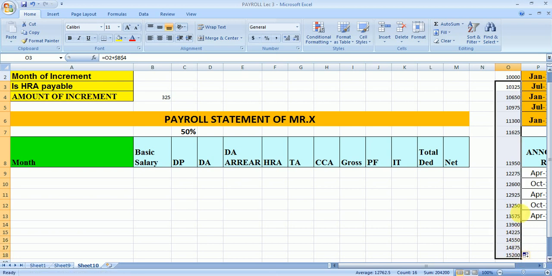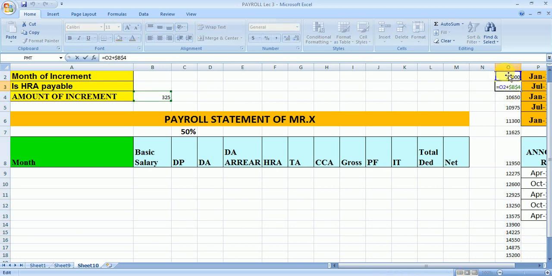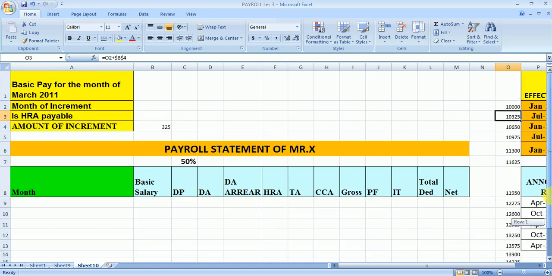As it is given in the question, the salary starts from 10,000 and goes to 15,200, and each time the increment will be 325. So I am repeating this step. First you have to write down the 10,000 here, and then here it will be this amount plus the amount of increment which is fixed, and after this you can drag this cell till 15,200 is arrived. Fine.